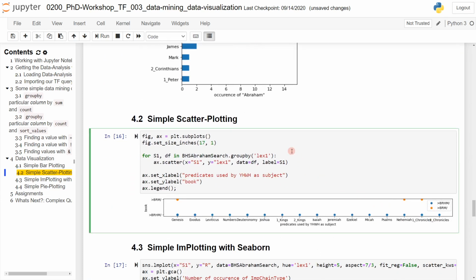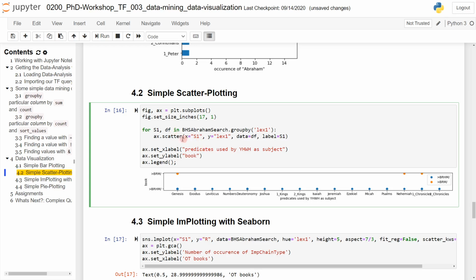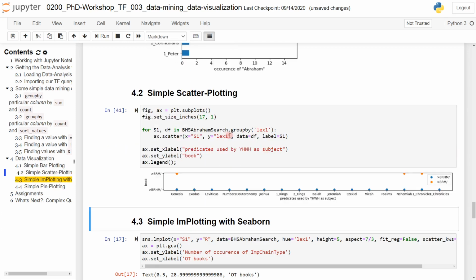And a plotting mechanism that is very, very helpful, at least I found that again in my research, is to have scatter plots or implots. They're really powerful. They are a little bit more complicated to understand, but you can just copy paste them into your own cell and then change the data frame that you're working with. So make sure you put the right name for the data frame in here, and then also adapt here the values. And now you have a nice scatter